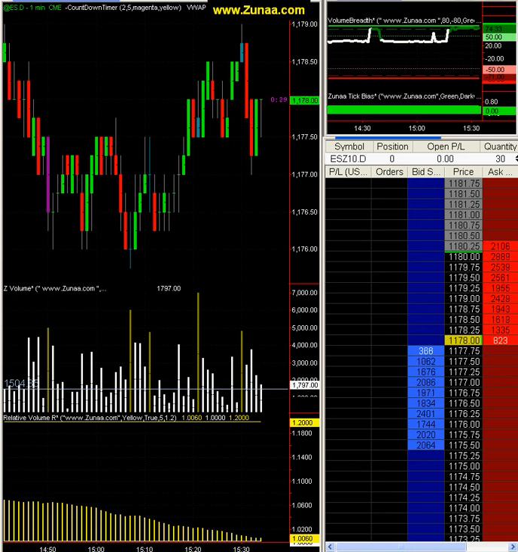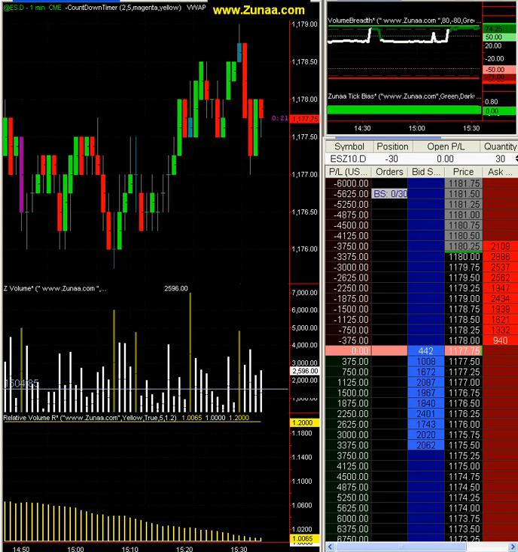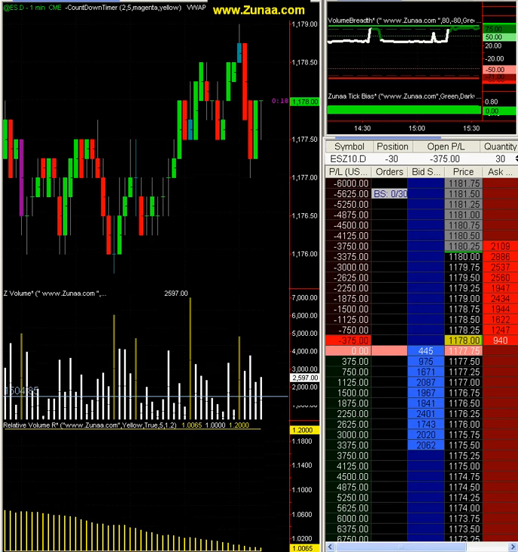Okay, I'm selling short here. S&P 500, it's about 333, so I'm expecting the market to move. I'm looking for a reversal trade currently, and